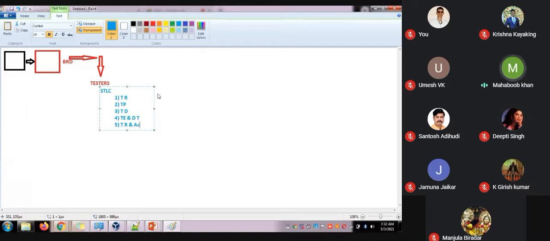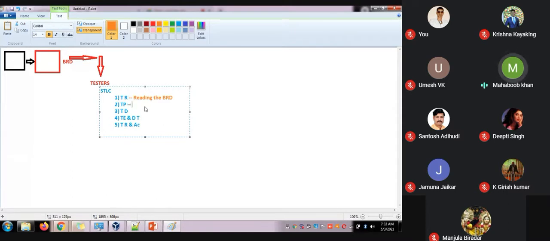So these are the things that you will be following. In that, you will be reading the BRD document. Once you read the BRD document, the second phase is test planning.